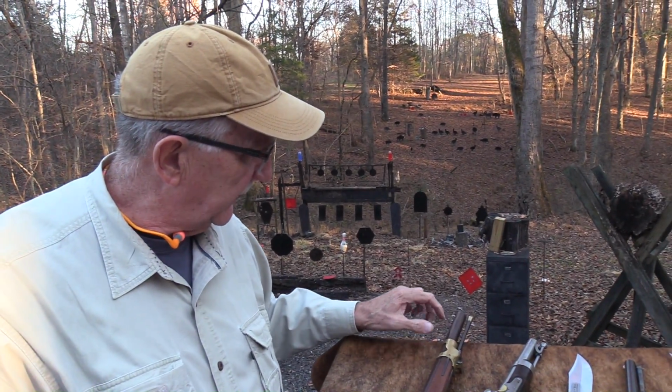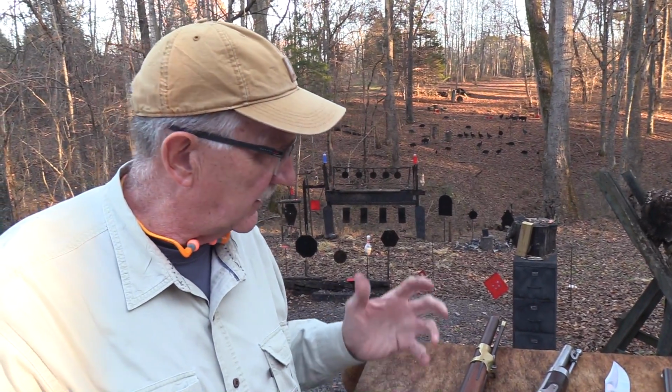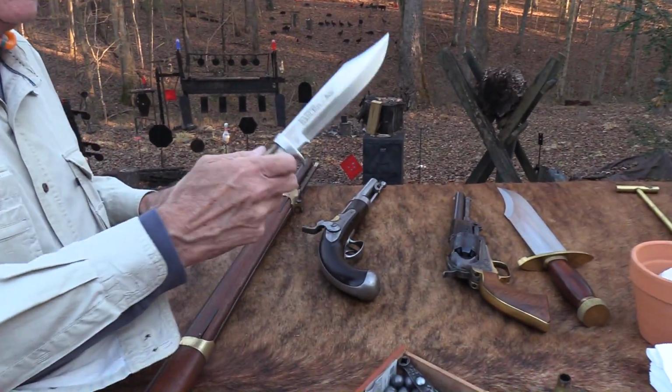I think I saw one where they turned down the barrel on the outside a little bit, so you could slip a bayonet onto it, a socket bayonet. But this one has not had any of that done to it. But what I was going to say is, the reason I've got the Bowie knives out here,